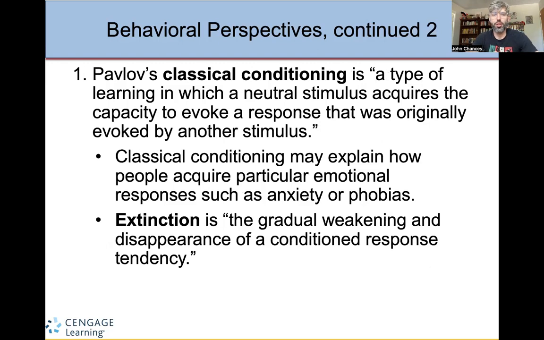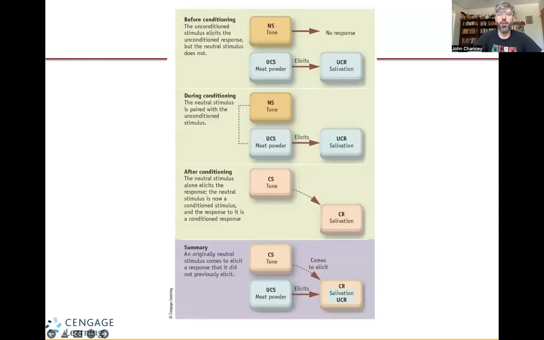And Pavlov's classical conditioning, this is where we learn via association. For example, we learn to associate particular emotional responses, anxiety, phobias, things like that. But with enough exposure or counter conditioning, you can actually weaken that response to the point where it is extinct. So here's an example. Remember Pavlov, he conditioned his dogs to salivate